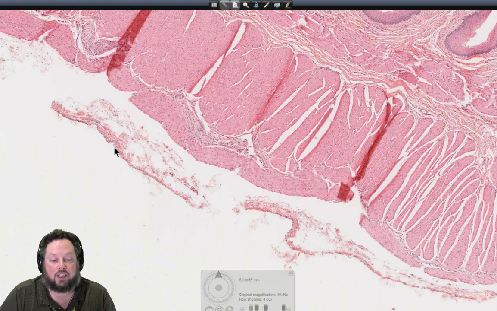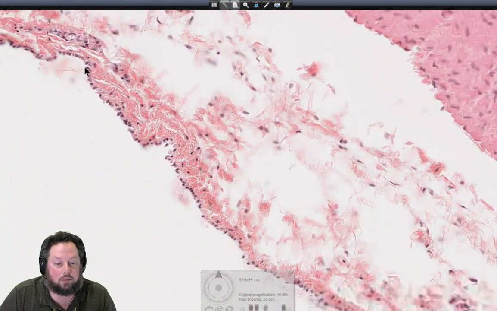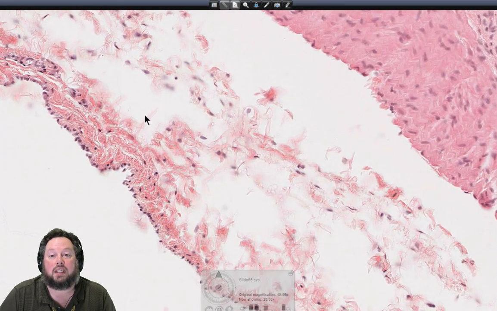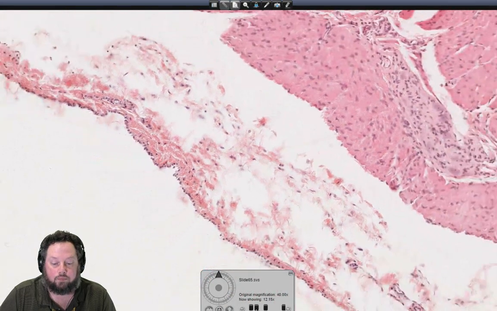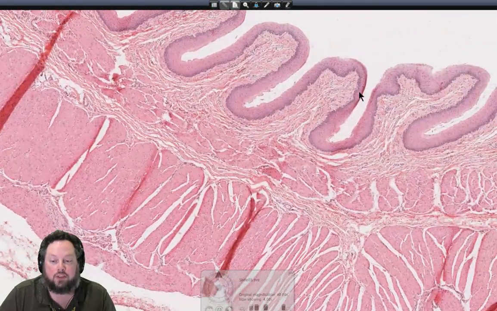And either that's a simple mesothelium. I think if we zoom in here, we can actually see some of these mesothelial cells on the surface here. So this is a mesothelium here. So this is a tunica serosa. If it was an adventitia, then this would just be connective tissue and you wouldn't have this lining here, this simple squamous lining. All right, so the 4 layers, and if we remember, the esophagus is made up of